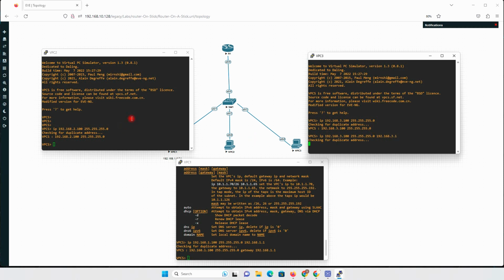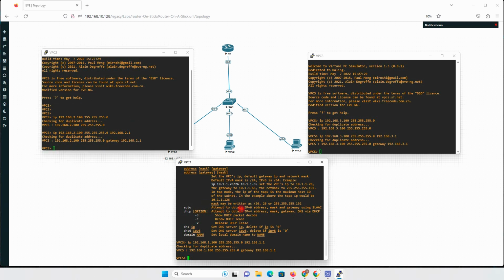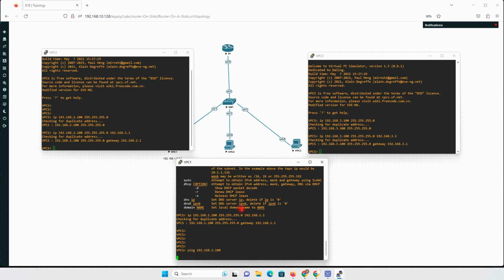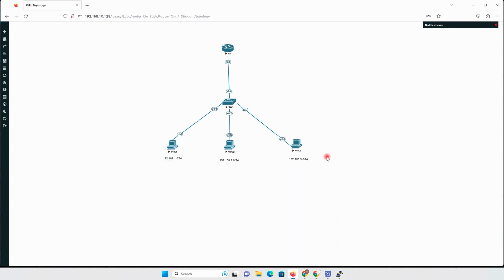192.168.3.1 is the gateway for this one, and 192.168.2.1 is the gateway for that. Again, there is not much difference. If I try to ping 192.168.2.100, the ping will not be successful, because these 3 PCs, as I said before, are in different networks, and switch 1 cannot route between them, because it's a layer 2 switch and cannot do any